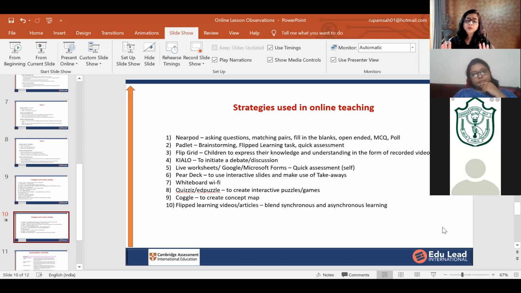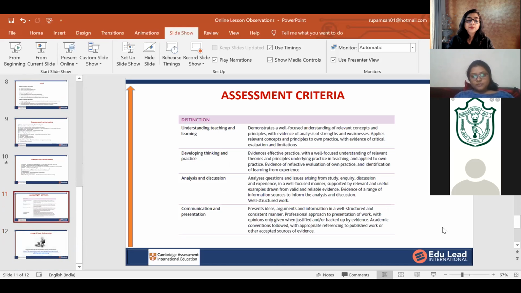Now what is important is that the quality of the forms and lesson plans you are making should be good. Because eventually that is what will be evaluated, and I have put the assessment criteria also for you all to see again. I have put only the Distinction criteria, because I want all of you to pass with distinction, and anything below that will not do, right? So read this properly and see that your portfolio is conforming to this criteria.